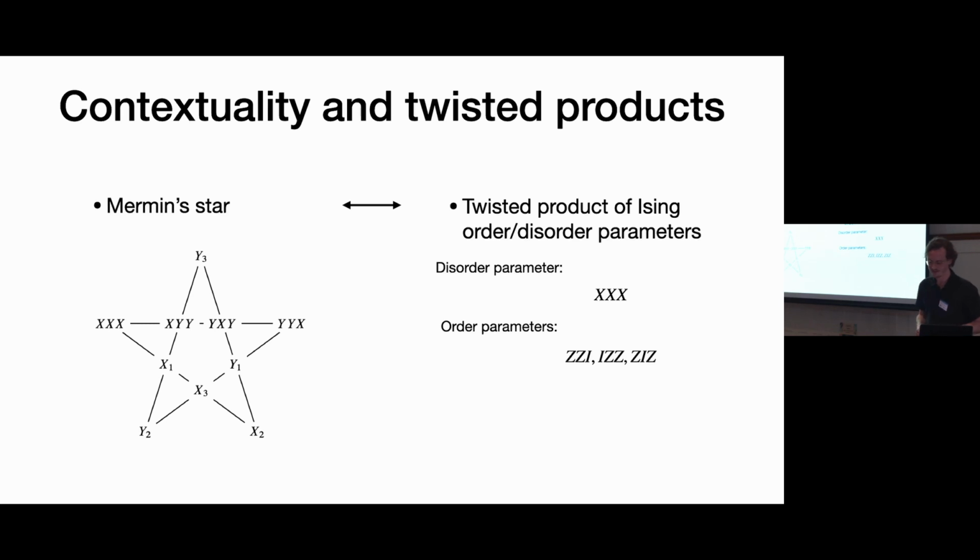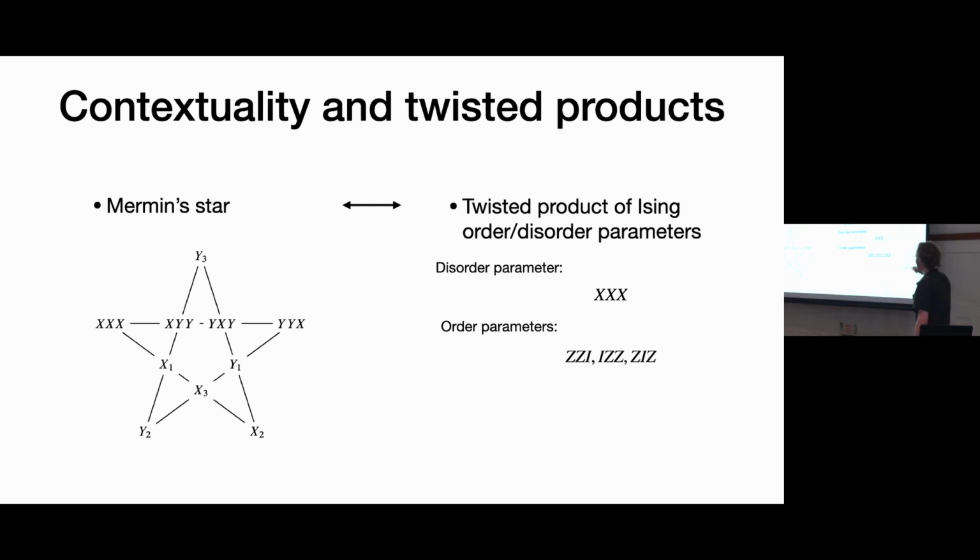Good. And now we just want to make some observations to connect this to topological things. So the simplest one is if you just take this literal Mermin star game and look at it from a certain point of view. If you really like Ising models, which are these simple quantum models of stabilizer codes that just have ZZ pair stabilizer checks along a line, this is like the smallest non-trivial Ising model. So it has 3 spins. They interact with the neighbors via ZZ. And this GHZ state is in the ground space of the Ising model.